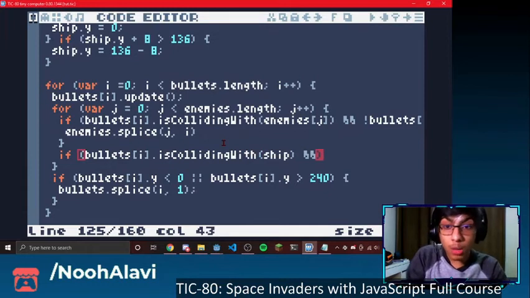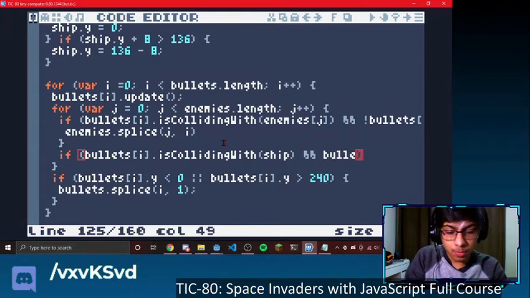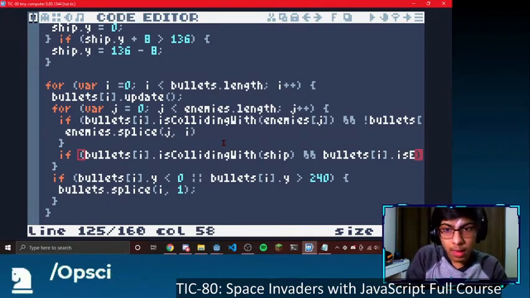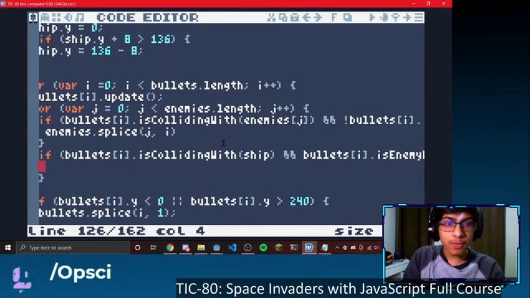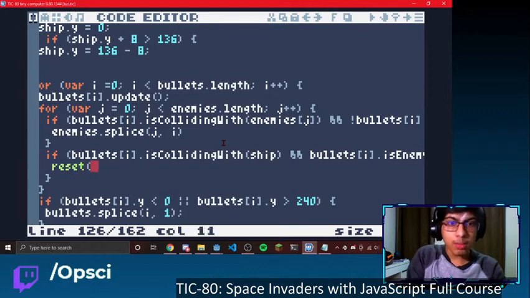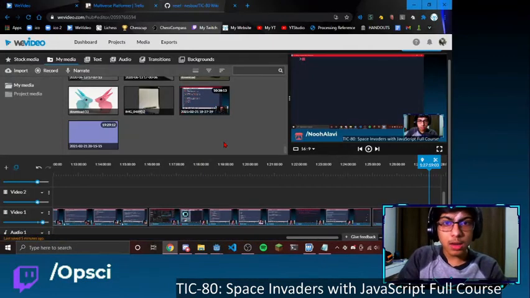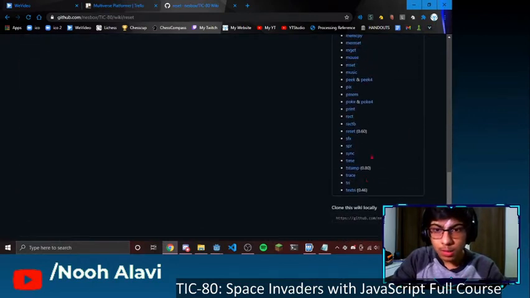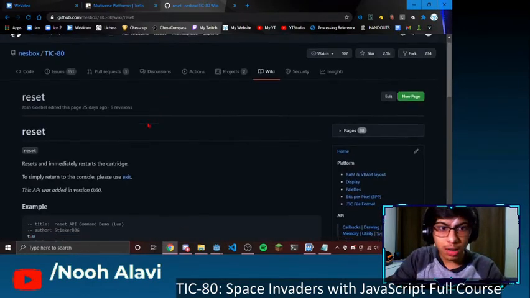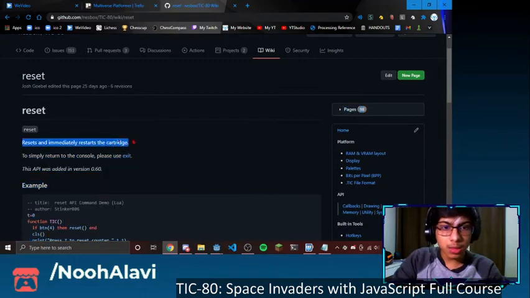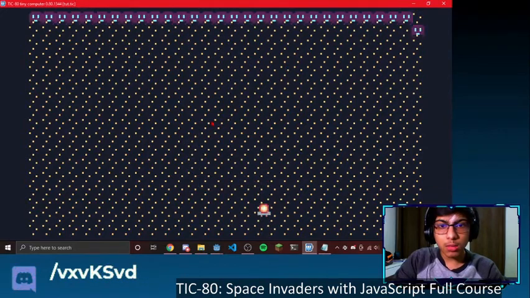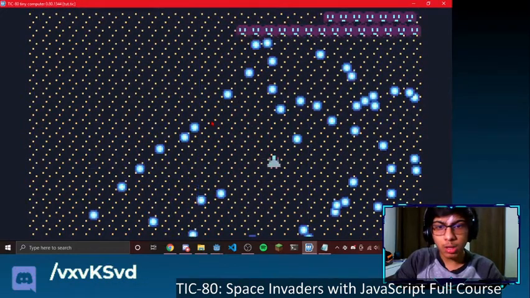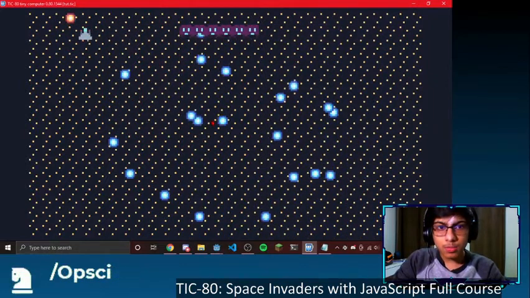And we also want to add one more condition. We want to check if bullets i is enemy bullets, because obviously we don't want our own bullets damaging the player. And then if both of these conditions are met, simply type in reset. Reset is another function that you can find inside of the wiki over here. Go down, and I think I'm already on reset actually, and it immediately resets the cartridge, which is basically the game. So if we get hit by one of the enemy bullets, as you can see, everything gets reset, but if we get hit by our own bullet, nothing happens. As you can see,